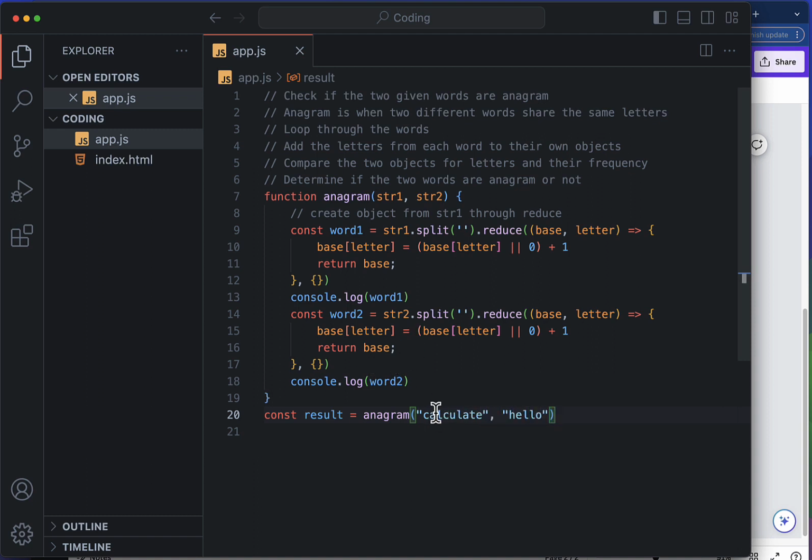So we gave two words, string1 calculate, string2 hello, and we don't even need console because